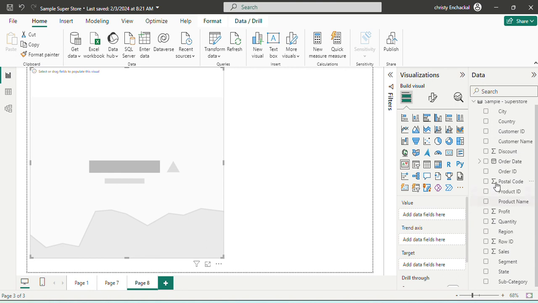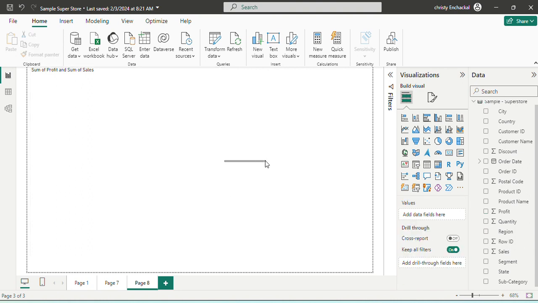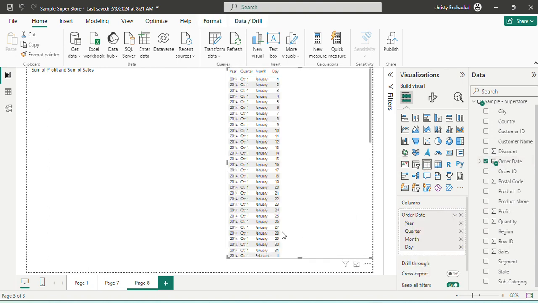For this particular example, let's go for the value as sum of profit. As you know, any organization's profit is very important, and we have a target. We need our profit to be somewhere around our sales. It should match. So we can have our target as sum of sales, and let's see how our profit goes over a trend axis. Trend, normally it's good to have a date information, so we can put order date here. When we insert order date,